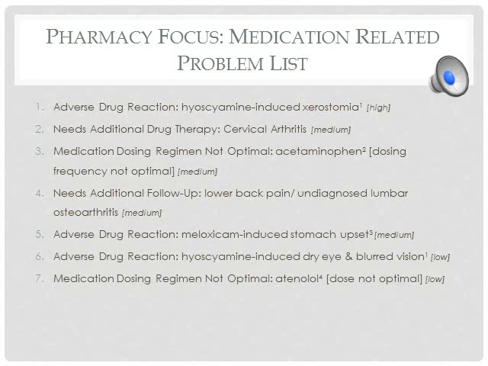The following problems are the medication-related problems. We will only be discussing 4 of the 7 identified problems. The first problem is the high priority problem of dry mouth caused by hyoscyamine. The patient complains of significant dry mouth with random and sudden onset due to the drug.